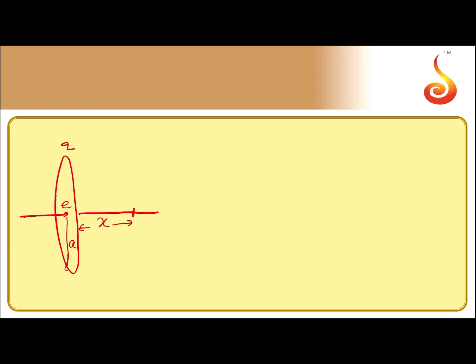Now what are all the forces acting? The force is nothing but E into e. The electric field at a point on the axis is given by 1 by 4 pi epsilon naught Q into x divided by r square plus x square to the power 3 by 2. R is a here, so, into e. This is the force, and we can write it as minus ma, as this is a restoring force.